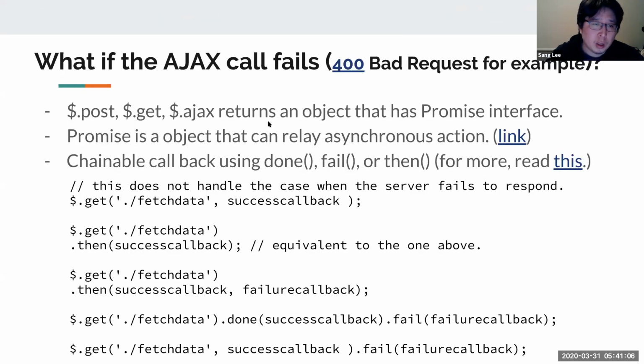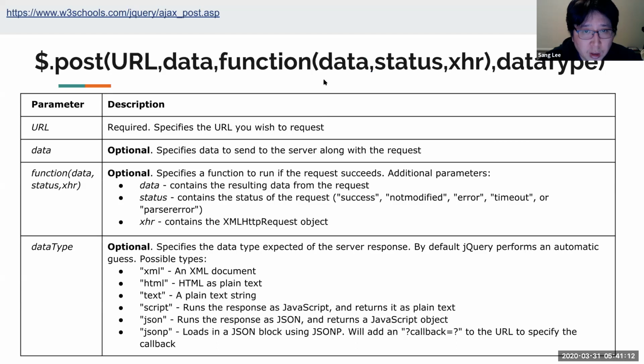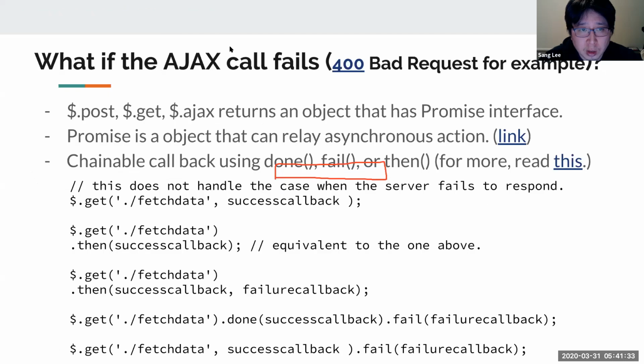Okay, so one thing that we saw is, what if the Ajax call fails? Here we said if the request succeeds, but it may not succeed, right? There are a lot of different ways to fail. It could be bad request, it could be not found, and then we looked at